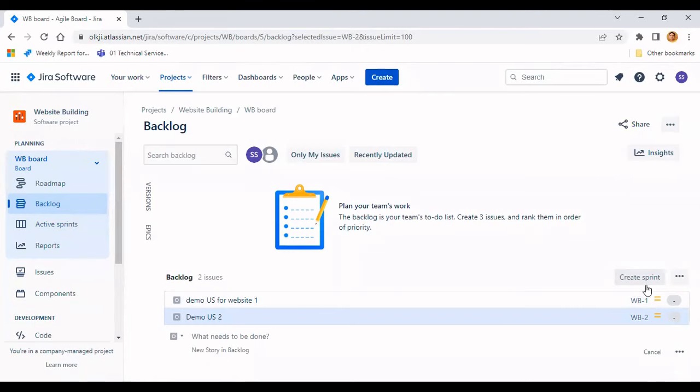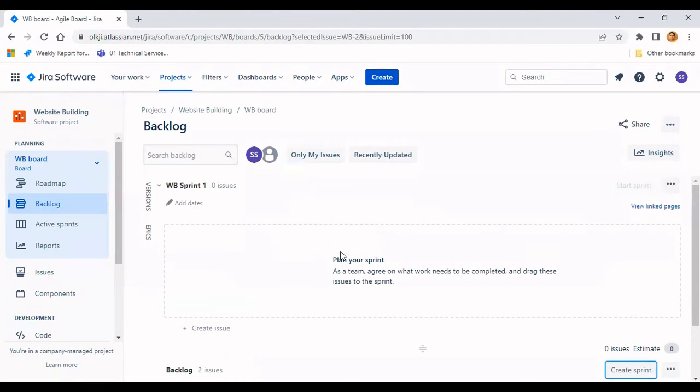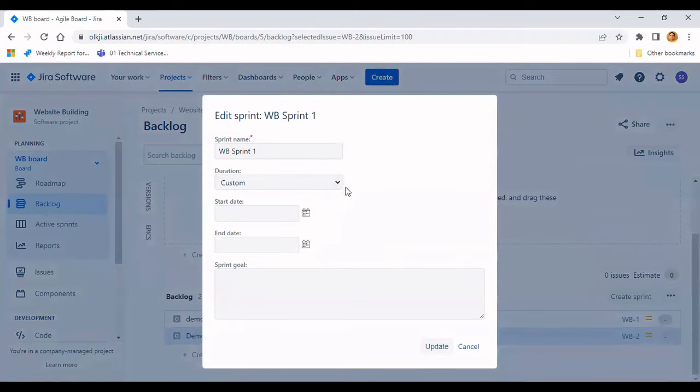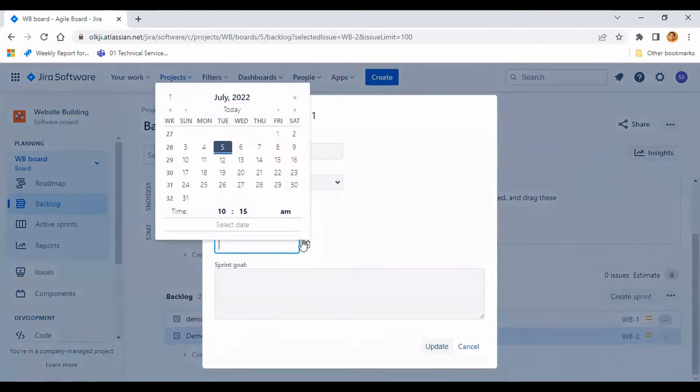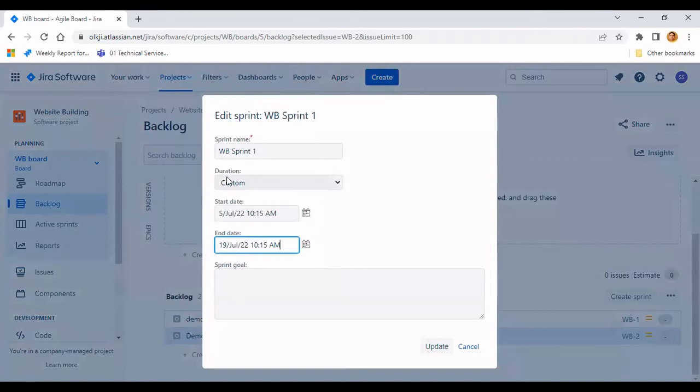You have to create a sprint. Plan your sprint, so add dates. Create your sprint. Start date, let's say today is the 5th. It's 2 weeks, so 19, and just create.